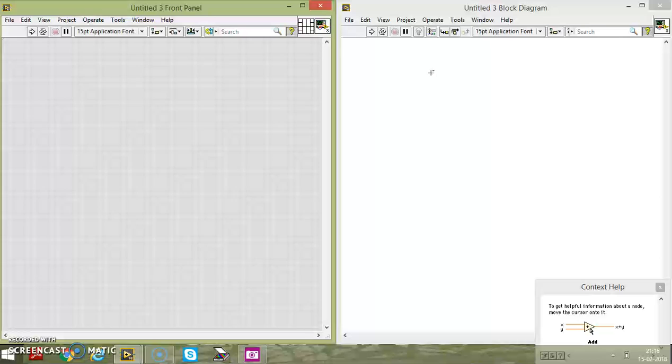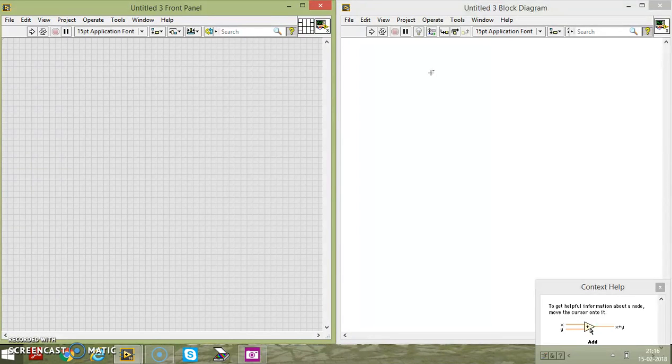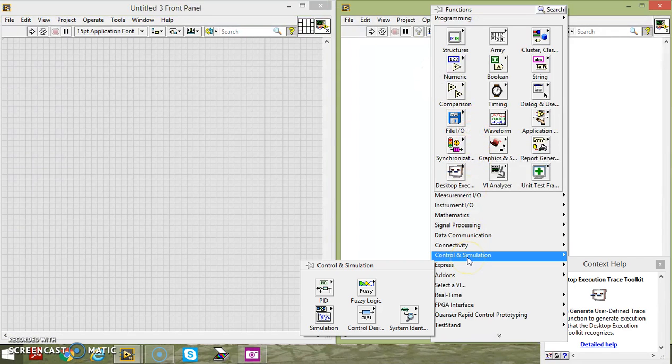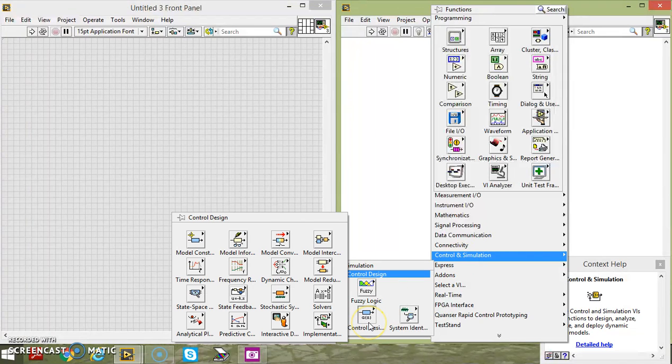Now when I am saying first order system, we can think of a simple RC circuit as our first order system. So I'll go to the block diagram, control and simulation toolbox. For all the control system simulation, we can have the control and simulation toolbox. Go to control design